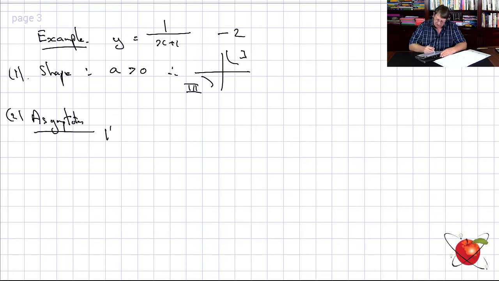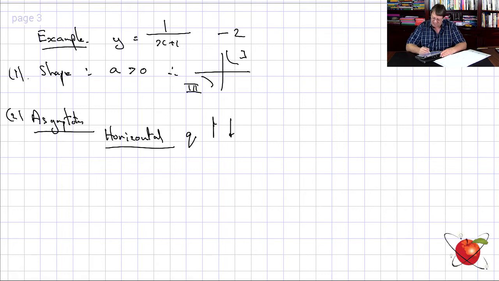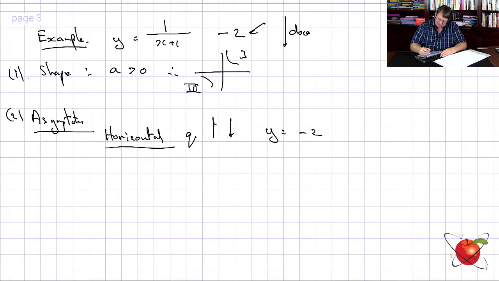Okay, horizontal is q, the up or the downshift. In this case, it's at y equals minus 2, correct? There it is. At y equals minus 2, we've shifted it down. Can you see here? There we have gone down by 2 units. Okay, down by 2 units. So the whole graph has shifted down. Next step is our vertical